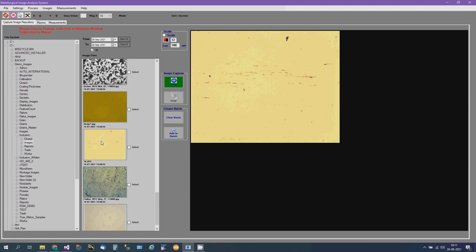There is also another grading along with the type, based on the width. Inclusions are classified into thin and thick, so type A thin or type A thick, type B thin or type B thick, and so on. Also, the severity is rated from 0 to 5 with an interval of 0.5, so severity can be 0.5, 1, 1.5, 2. The higher the severity, the worse the situation. The lower the severity, the better the inclusion rating.